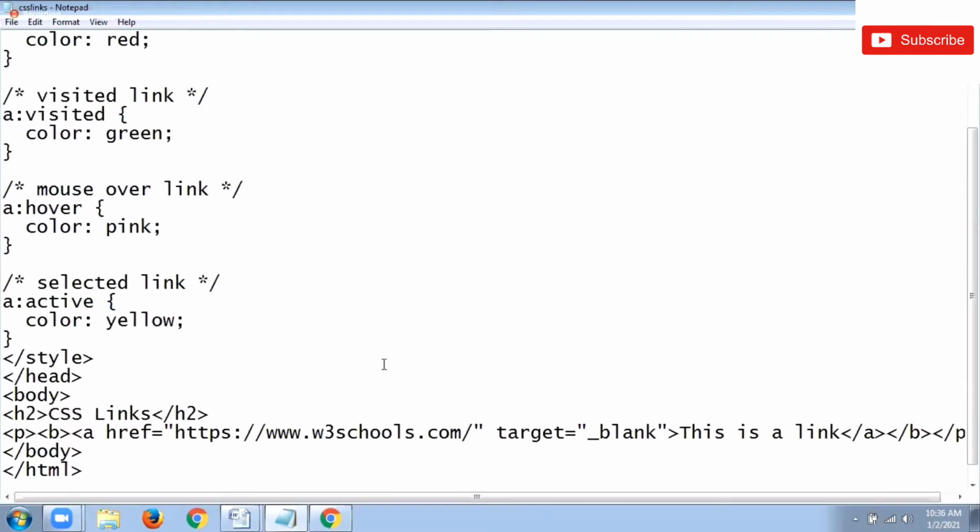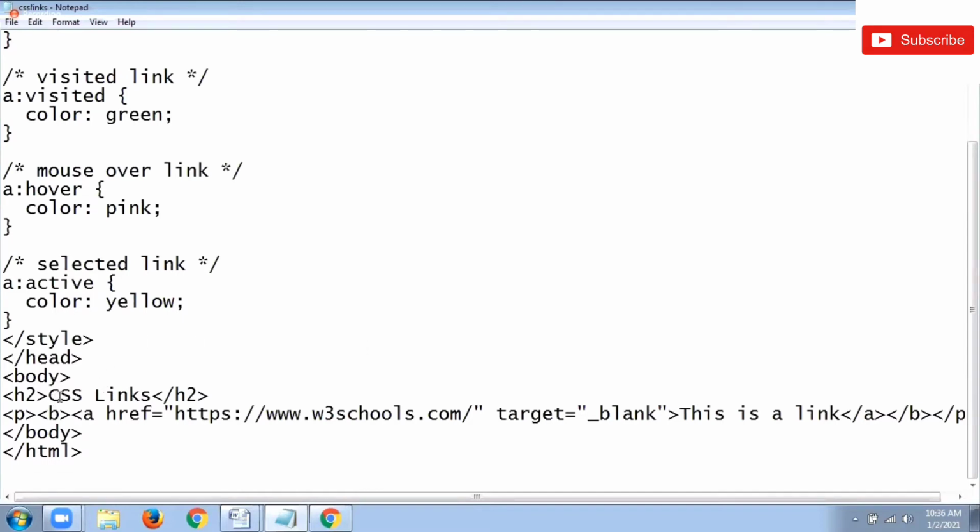With this CSS link, it shows the heading, then followed by, this is important, next, you already know the link syntax for your HTML, the same you have to specify here first. In the paragraph only I want to specify, because I want to show the difference between the background color, how it changes for the 4 types of links, with a particular element.